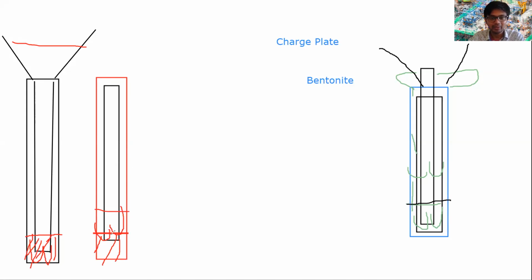We should not pull it out of the concrete, because sometimes the labourers do it, which is wrong. We should always keep the pipe of the charge plate immersed in the concrete, at least by a minimum portion of 1 feet. So Subhendu's doubt has been cleared, Chandan's doubt has been cleared.